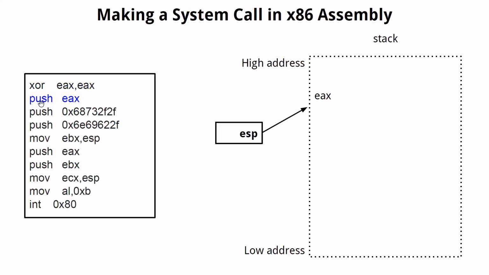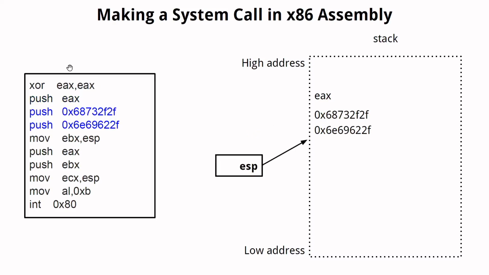Then after that, we are pushing EAX. Then the value of EAX will go to the stack, and ESP will point to whatever value we put there. And EAX actually has a value 0. After that, we are putting those two numbers there. After that, we move this ESP to EBX. After that, we push EAX. So